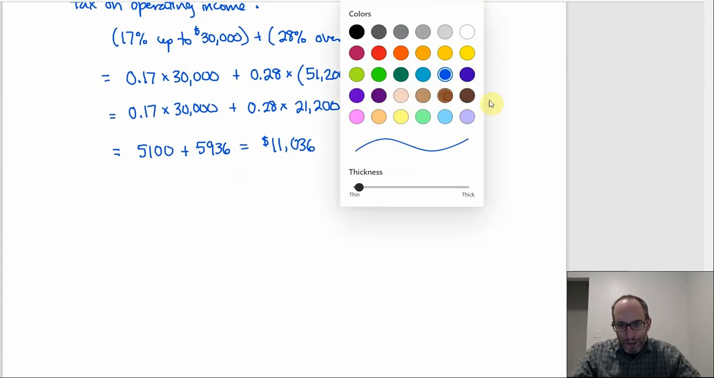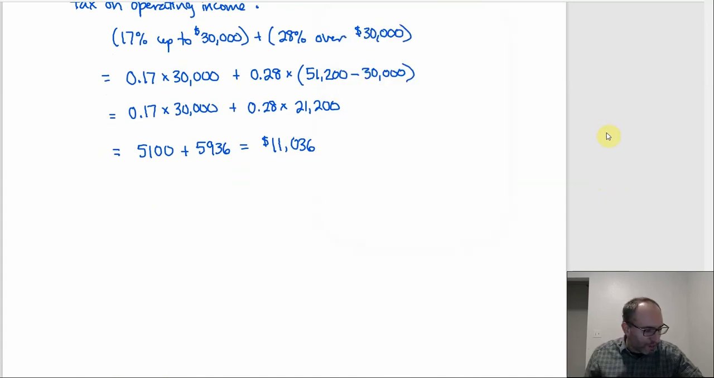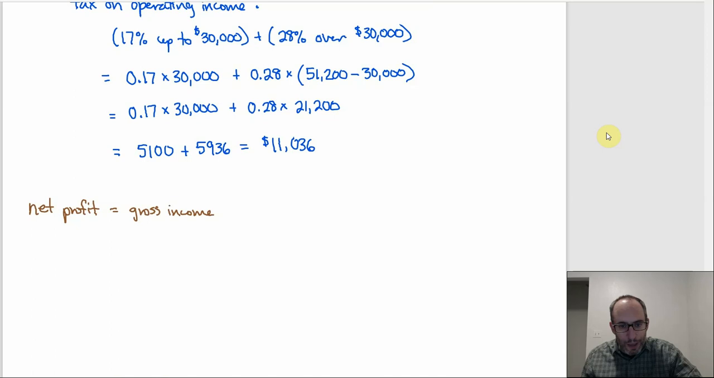I guess maybe a different color would be good here. There's a lot of writing. Okay. So this is the part that's tough. So the net profit, you would start with the gross income. But we had that pre-tax deduction, which was expenses, right? So the expenses you would subtract out, right? So minus